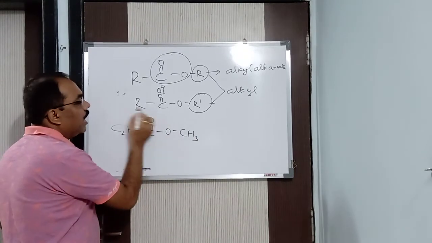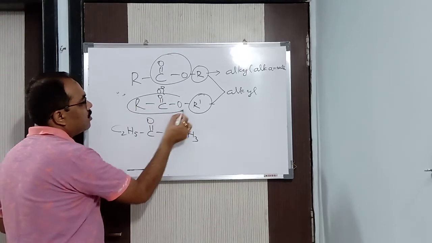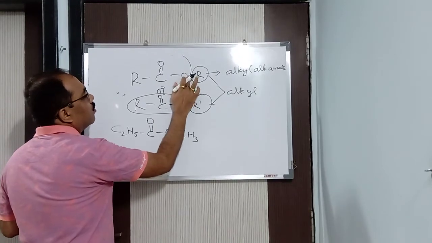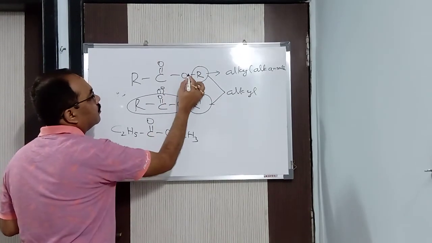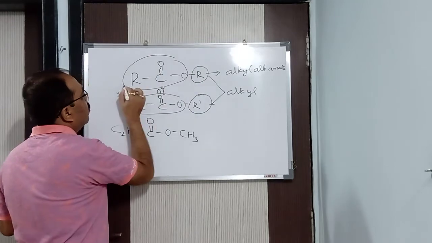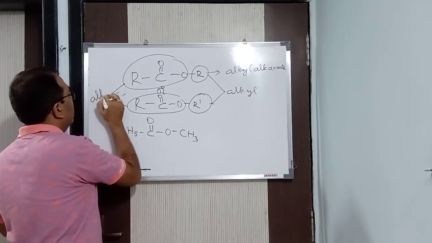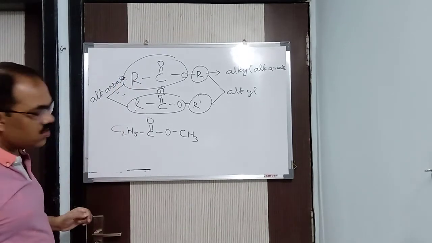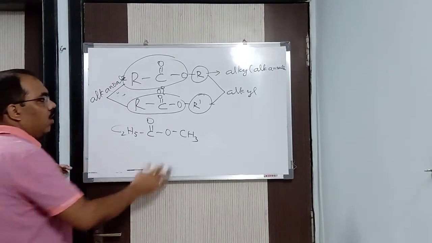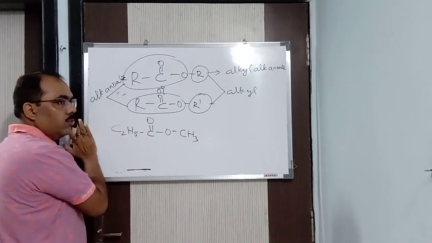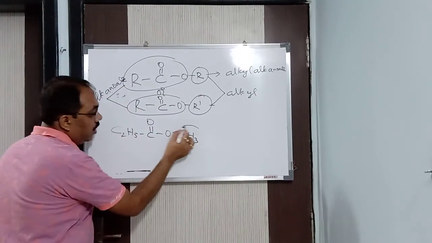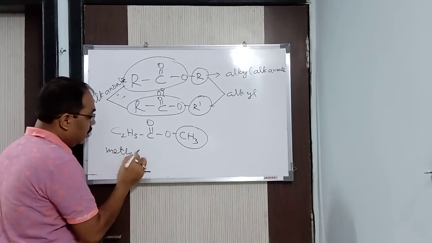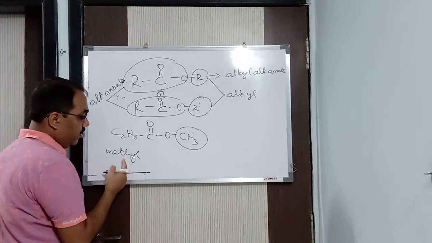This is alkanoate. Then what is this group? This particular group is otherwise known as alkanoate. So always this is the alkyl group and this is the alkanoate group. No confusion should be there. So here this alkyl group is what? Methyl. So hence we will write methyl first, because the name is alkyl alkanoate. So first is your methyl.